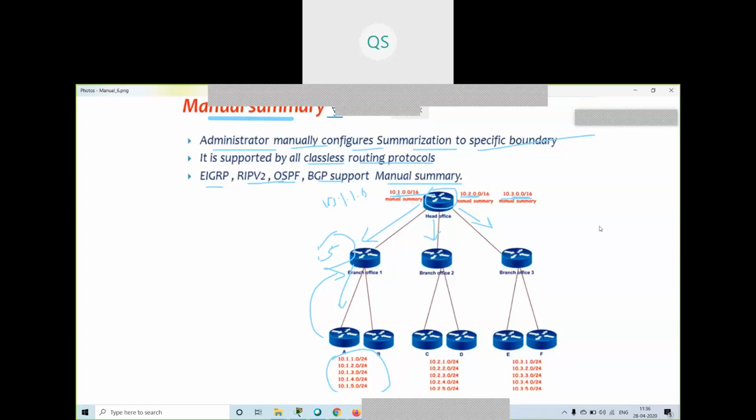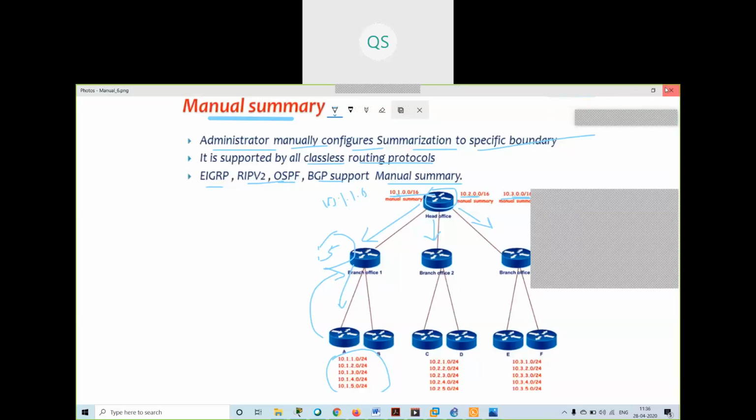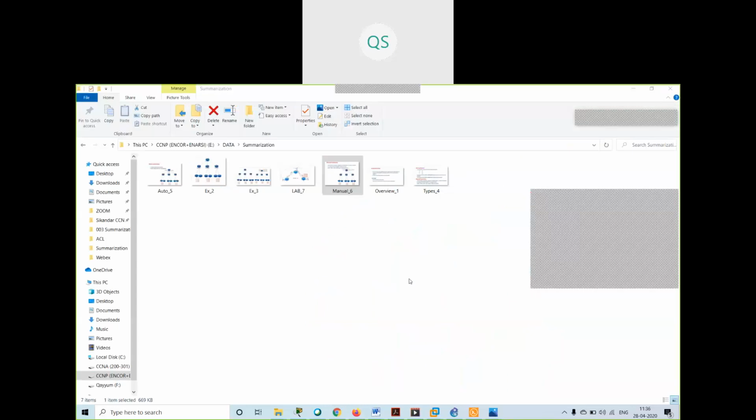Okay. So what is the process of summarization? How do you do summarization?